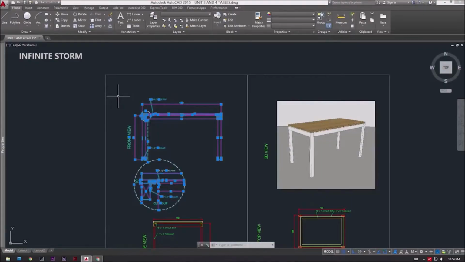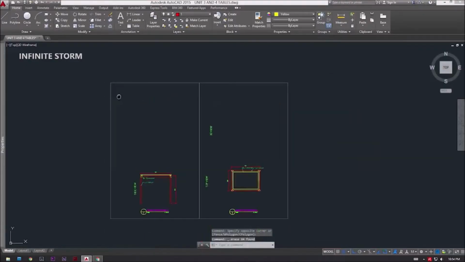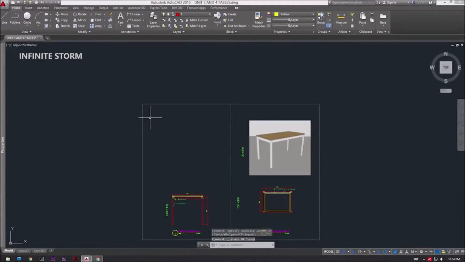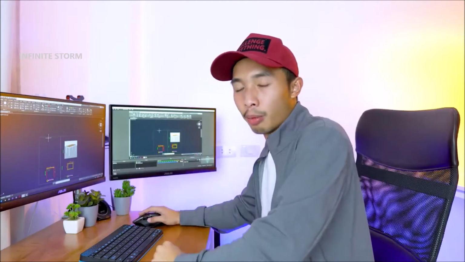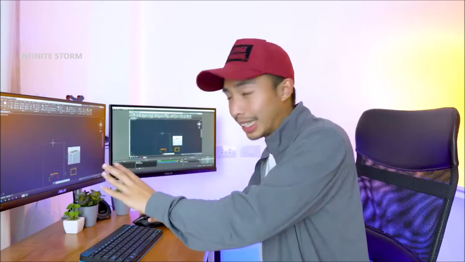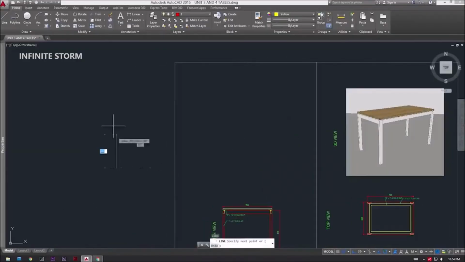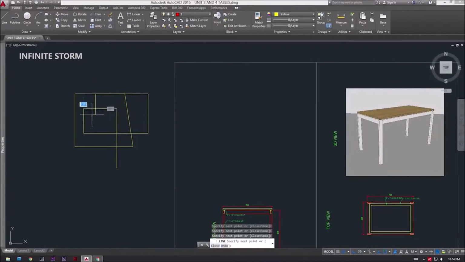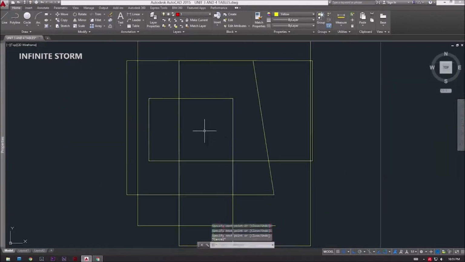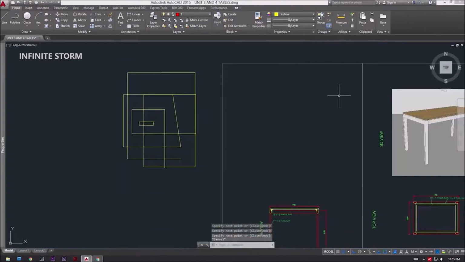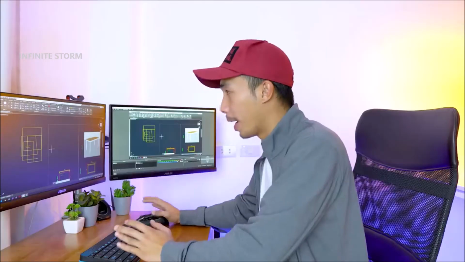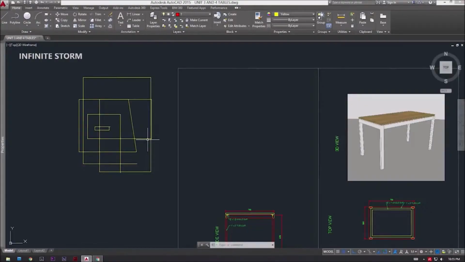Let's say I accidentally deleted this whole table. Boom, it's gone. Oh no, the table's gone. But due to my clumsiness and brilliance, I did not notice that I have deleted this thing and did a bunch of random other commands that is very hard to duplicate. So let's say I did this whole abstract piece right here. I did another thing like right there. And then after doing that, I noticed that the table is missing and I'm like, oh no man, what happened to the table? So you guys could use Ctrl-Z